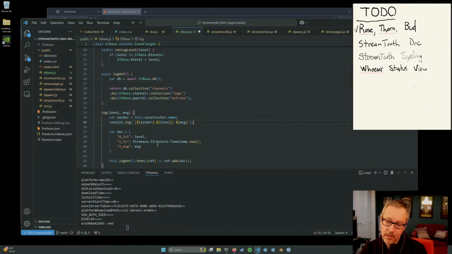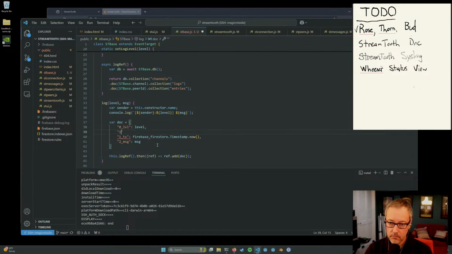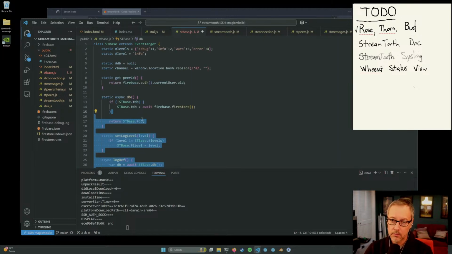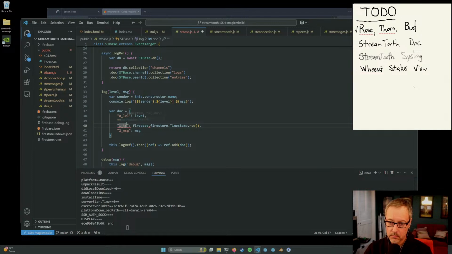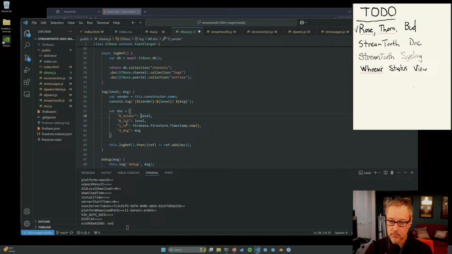Do I want, like, timestamps for the local logs? I don't think I need timestamps for the local logs, do I? All right.